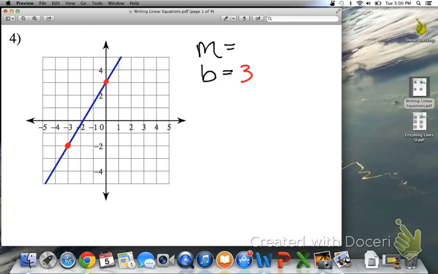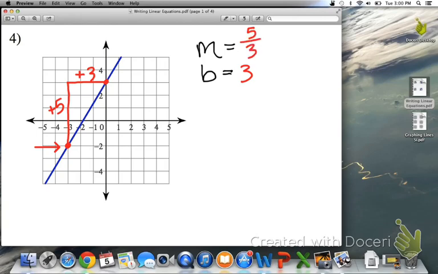I'll go from my far left point, and we will try to find the rise over run, which is our slope. We'll have to rise, which means we go up 1, 2, 3, 4, 5. When we go up, that's positive 5. We would also have to go to the right, which is positive as well. We go 1, 2, 3 to the right, positive 3. So our rise over run for our slope would be positive 5 over 3,